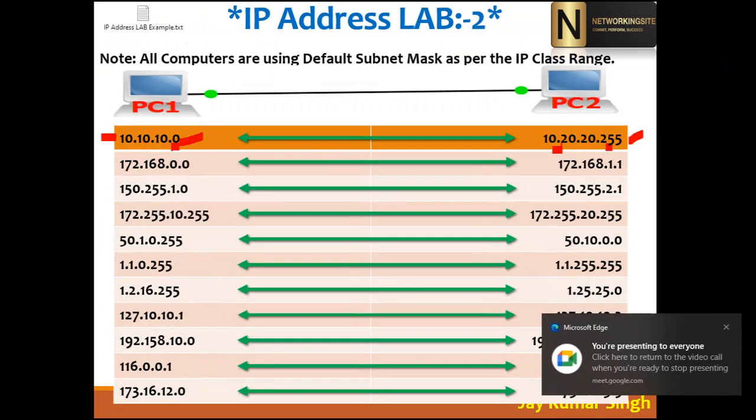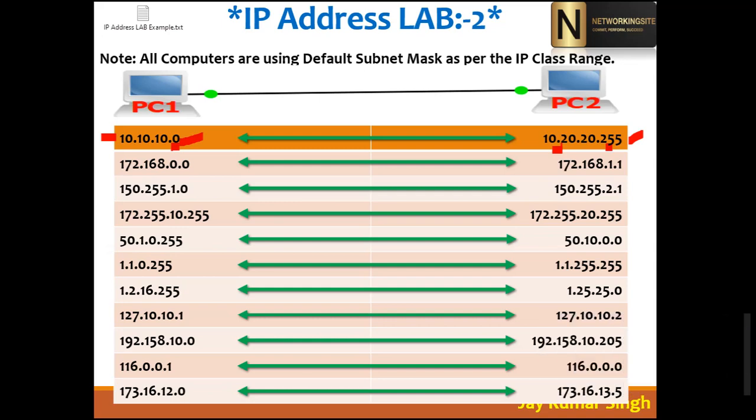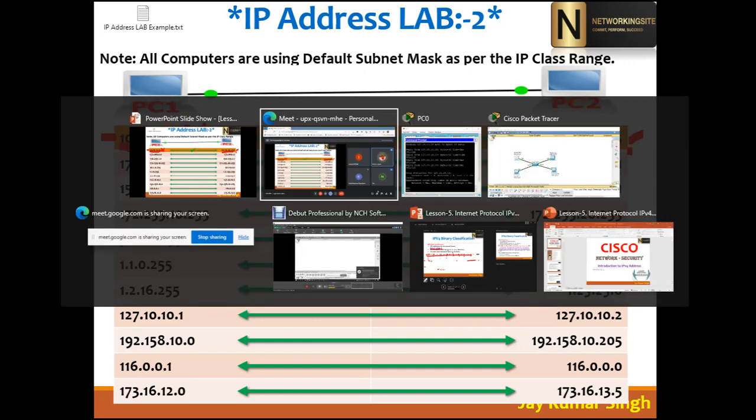Now here let's check the first IP address, which is 10.10.10.0, and according to 10.20.20.255, according to our condition, this IP will ping, right? Normally, if you ask anyone whether this IP address is correct or not, in the first case you will say no, this IP is not correct. Initially I was saying it won't work, because yours is 0 and the other one is 255, right? But let's put in the condition and check.